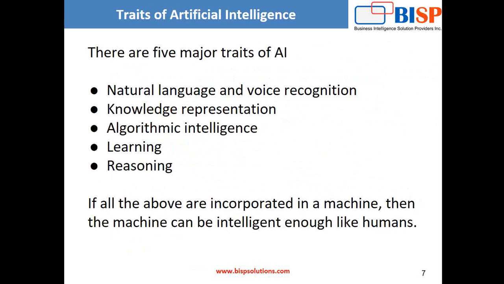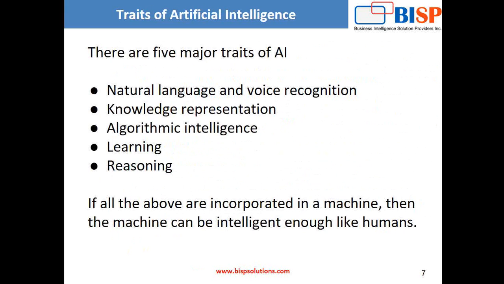The fourth thing is learning. A machine should be capable of learning from past experience, from past successes, from past failures. Humans become more intelligent because humans have been trained to learn, learned because of the training, learned because of real-time experience, therefore capable of learning. The last one is reasoning. The important trait is actually reasoning. For every problem that a machine solves, there should be a reason why the problem has been solved this way.